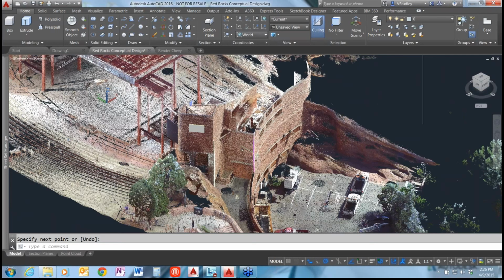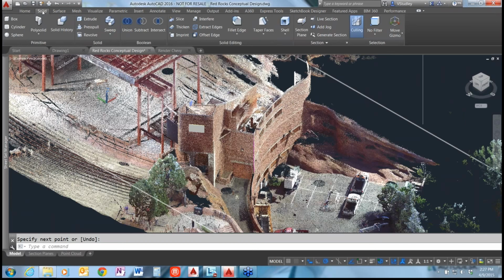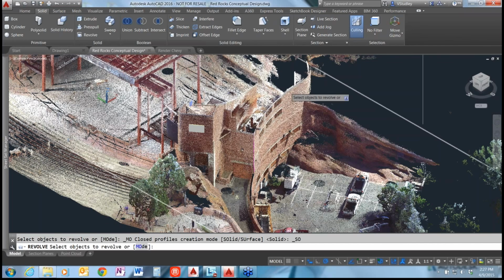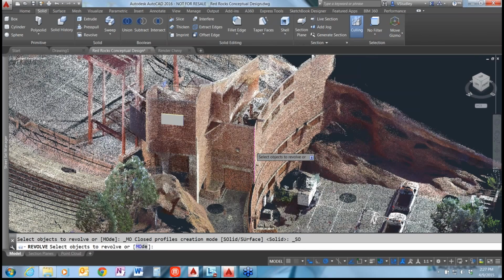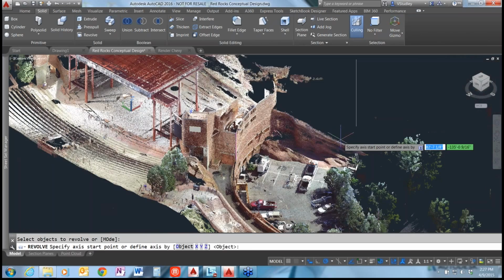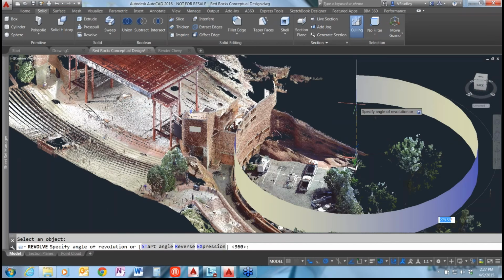So I'm just going to grab, where is it? On the Solids tab here on the ribbon, I'm going to jump over to Revolve. I'm going to use my Revolve command and select that line that we drew at the corner of these 2 walls here. And then it's going to prompt me to grab an object. So if I just hit enter, I can grab the center line there that I drew previously, and you'll see that